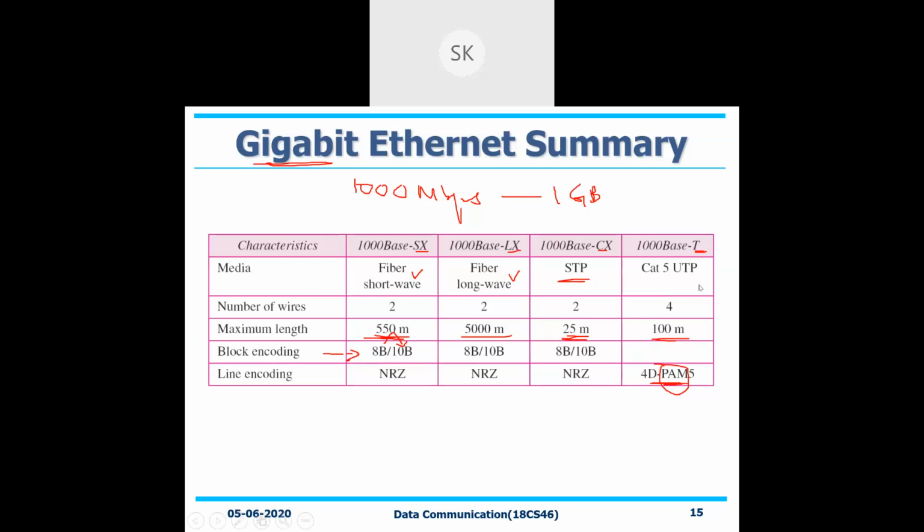So the next one is with respect to your 1000 base T. The line encoding technique that we are using is 4D PAM5. What is PAM called? Pulse amplitude modulation. The 4-bit data that we are having will be converted into pulse amplitude modulation, based on the data that you are transmitting. So this technique will be used for your line encoding principle with respect to 1000 base T. So this table needs to be remembered. Whatever the data is, that is very, very important.